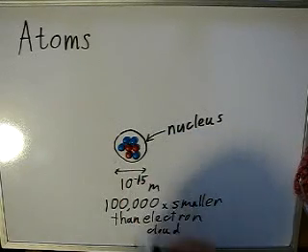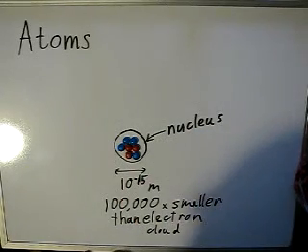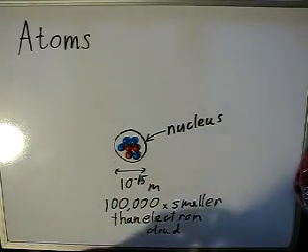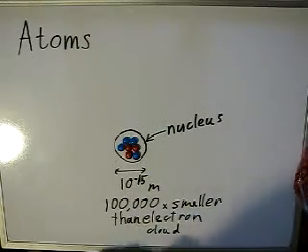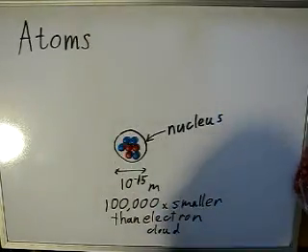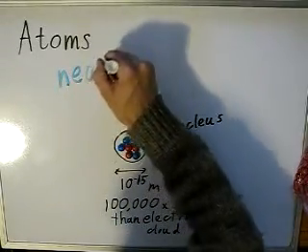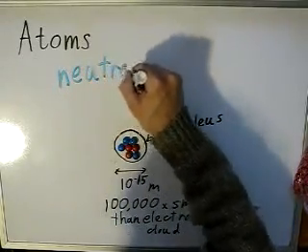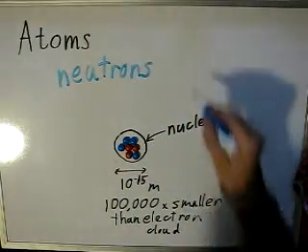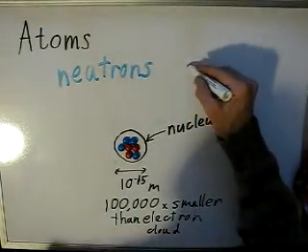Now, what are these things in the middle of the nucleus? Well, the nucleus is composed of the blue particles, and those are called neutrons. Neutrons have a charge